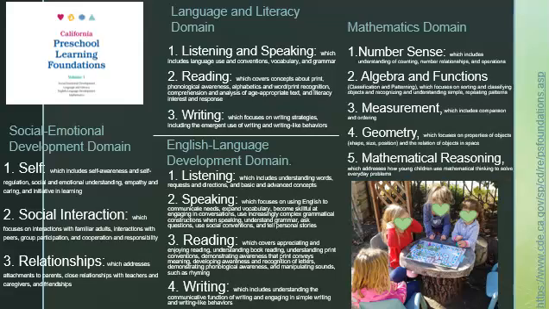The 4th domain in the first volume targets the individual skills of mathematics. The mathematics domain, represented by this green triangle, consists of concepts including number sense, algebra and functions, measurement, geometry, and mathematical reasoning. On this slide, you see a photo from a math activity that I set up for